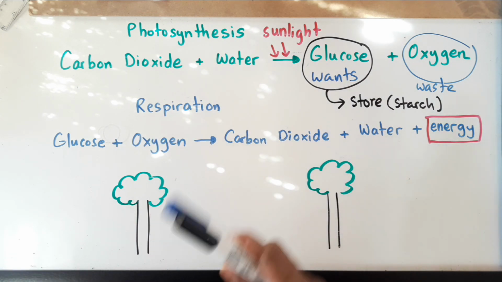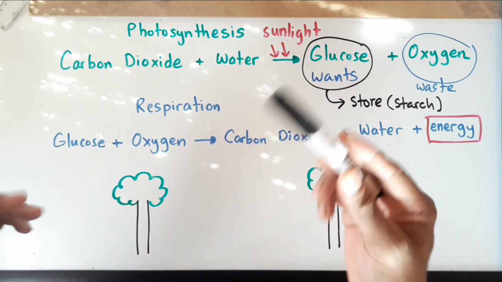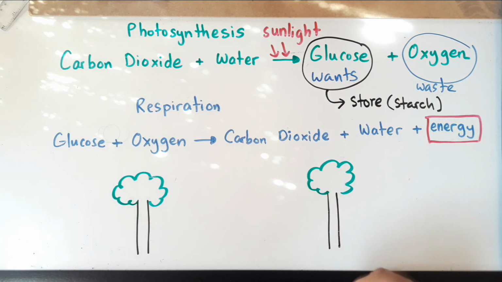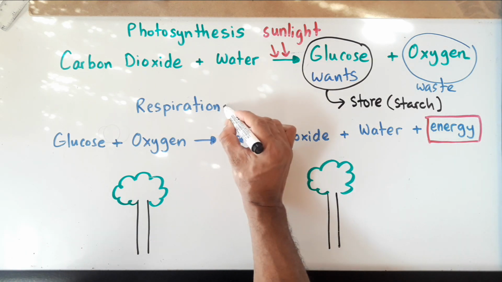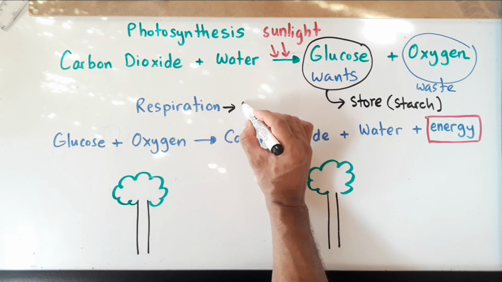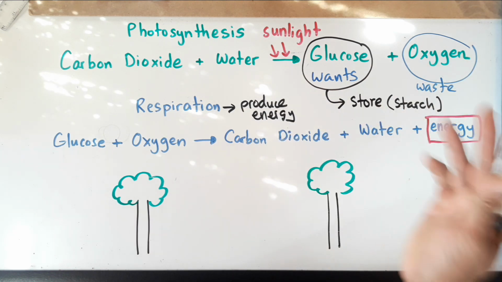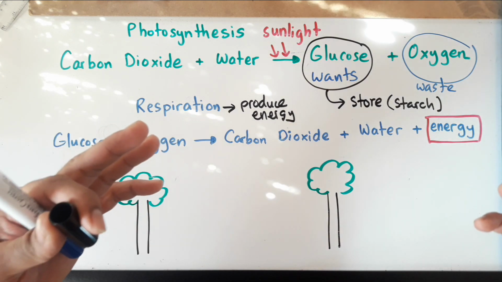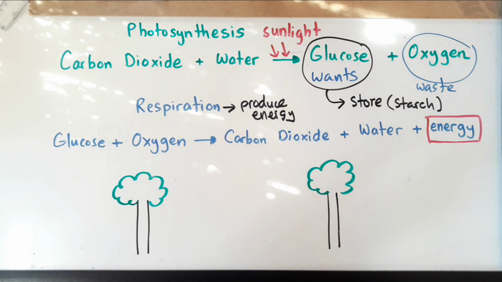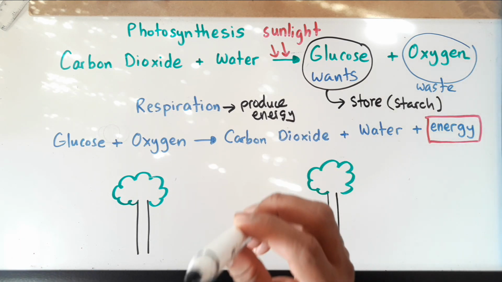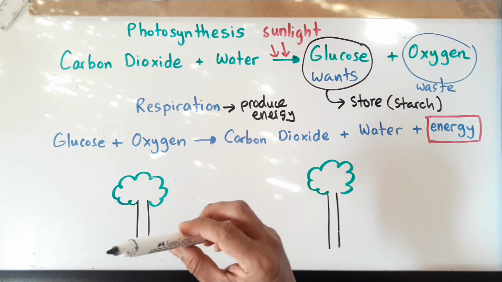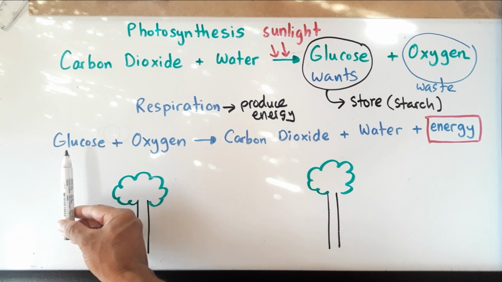So how is photosynthesis and respiration tied in? Well, let's look at the formula for respiration. And just in case you don't know what respiration is, it's how living organisms produce energy. Because we all need energy. Even you. Like, even to watch this video, it takes a lot of energy. For you to run or even while you're sleeping, your heart needs to beat, your brain is functioning, you need energy to do all of those things. So how does a living organism, inclusive of plants, produce energy? Well,